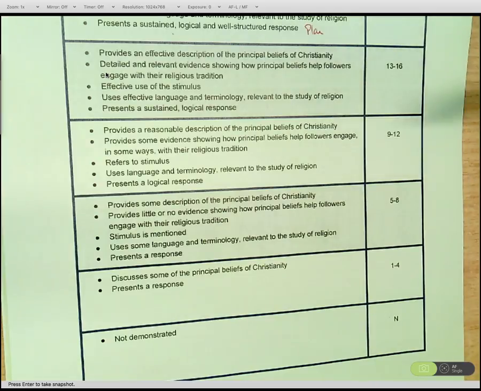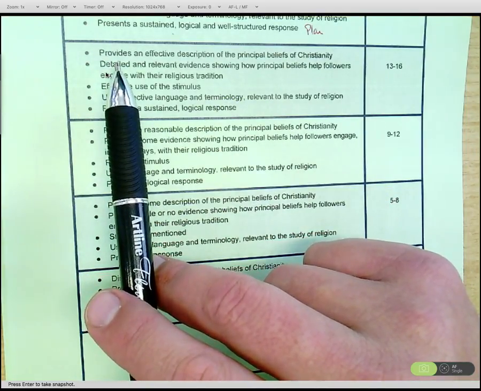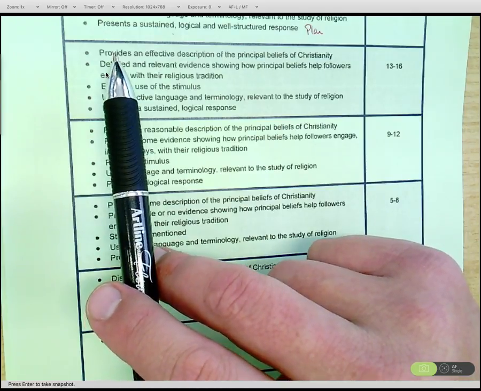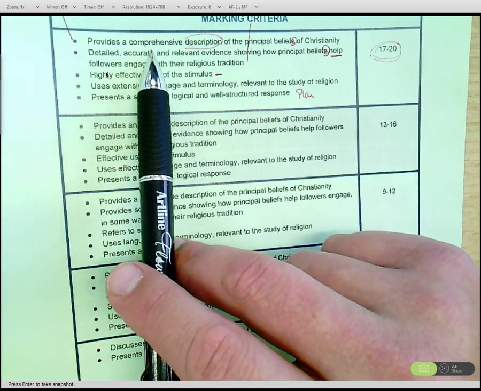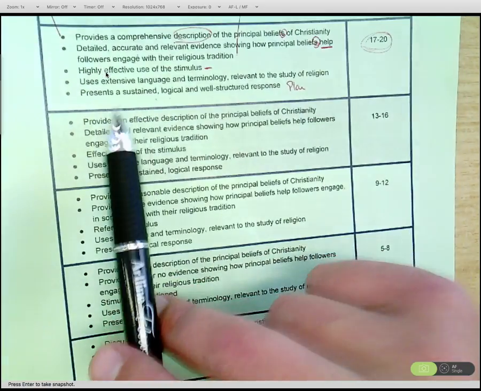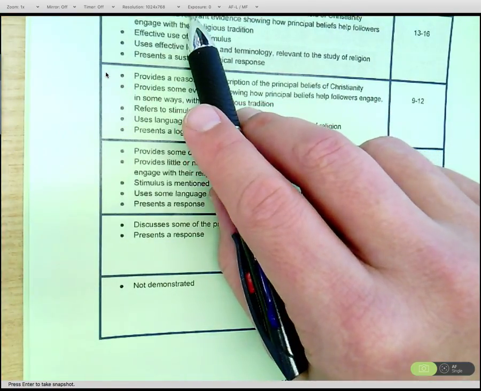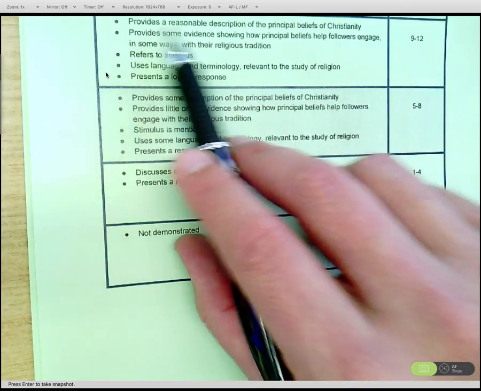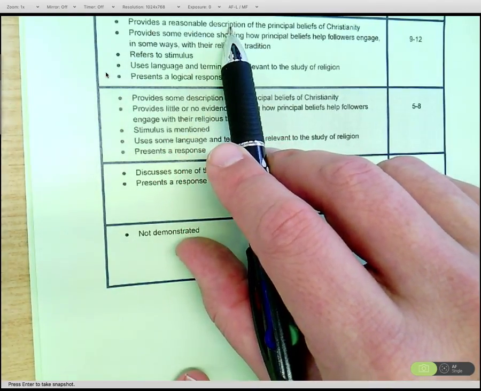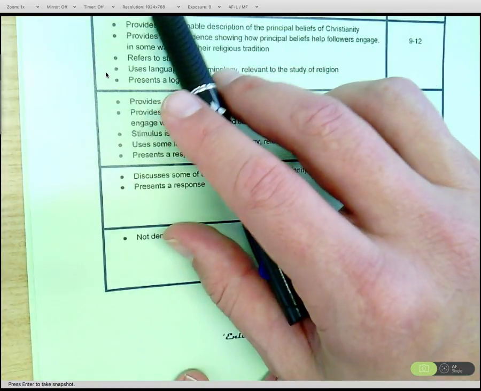As we go down through the different bands of this response, you'll see that the only thing that's changed is the modality. So you've got to make sure that the marker is thinking that, say for example, the first one, you've got a comprehensive description of the principal beliefs rather than a lower modality, an effective description. Lower modality again, a reasonable description. So you've got to make sure if you want to be in that top band that it's a comprehensive description of it. And the same with the other dot points,